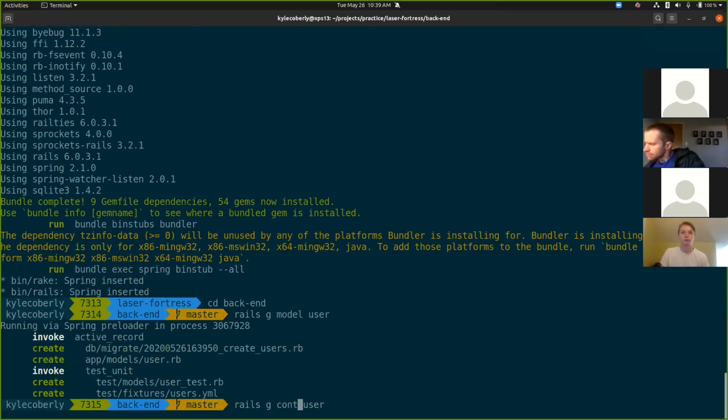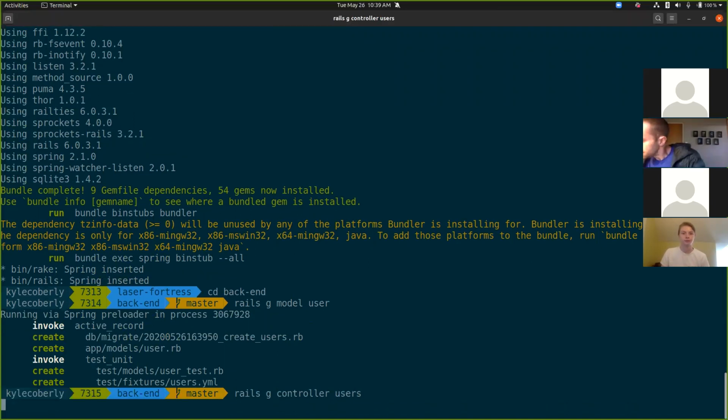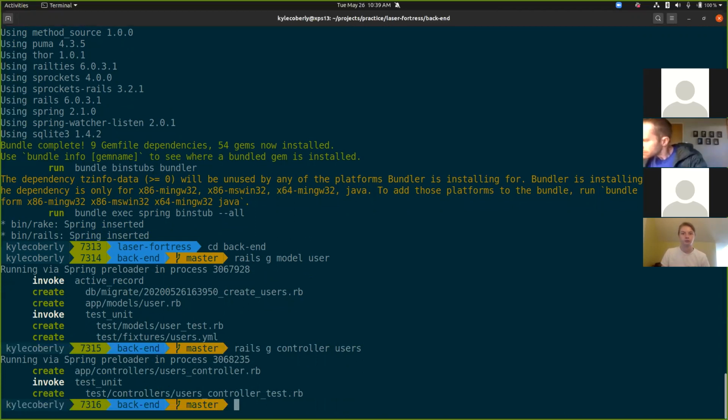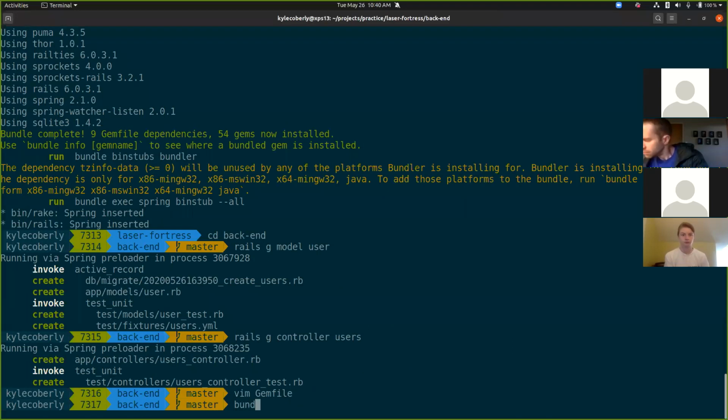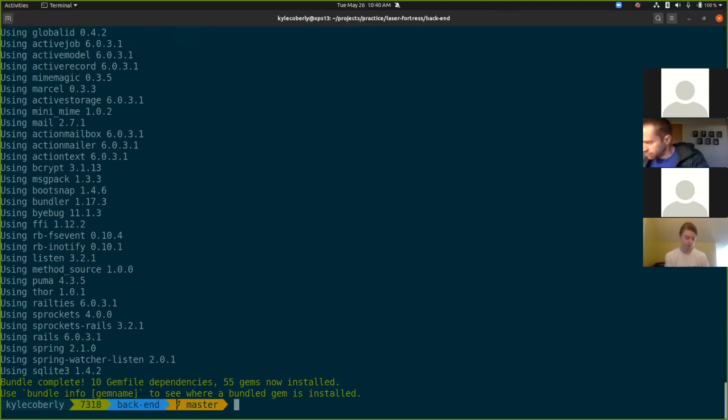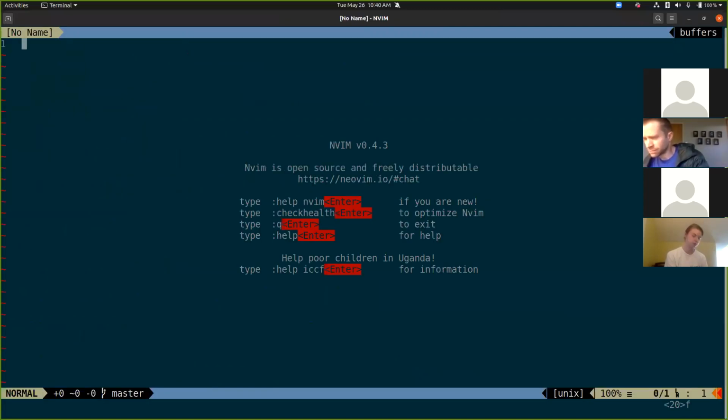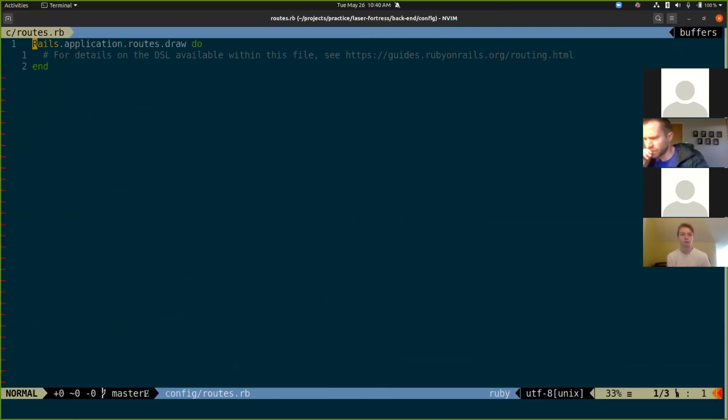We needed a users controller. And we go into this Gemfile, we throw in bcrypt and bundle install, and go over to our router and say resources users, only